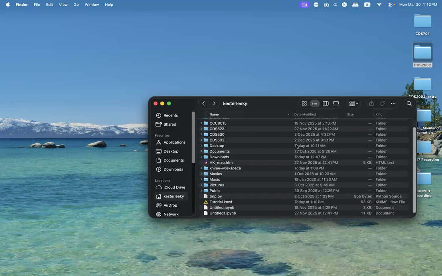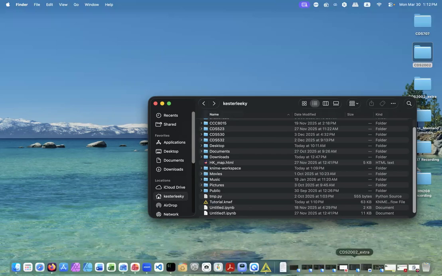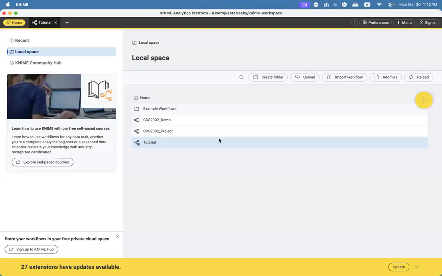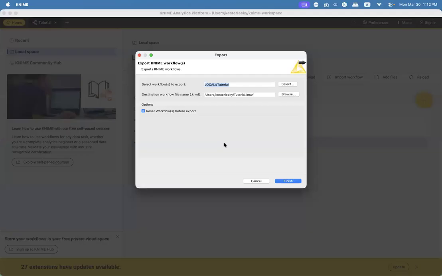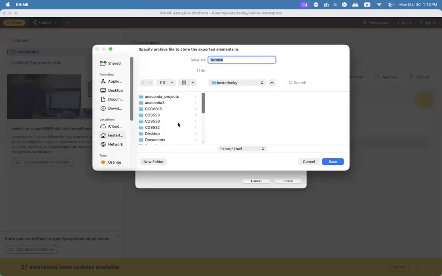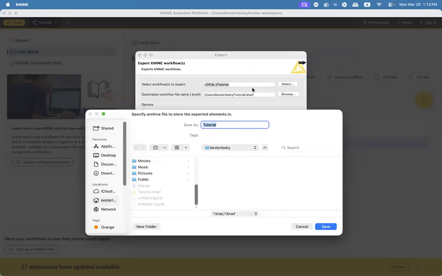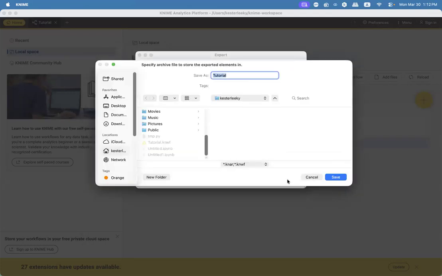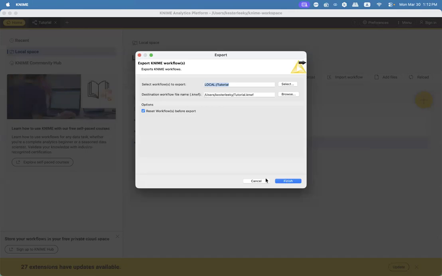So to avoid any mark deduction, send me a KNWF file. In order to send me the file, what you need to do is click on the workflow file you worked on, right click and then export, and then use the file browser to locate the area where you want to save the new KNWF file, and then press finish to get the file output.